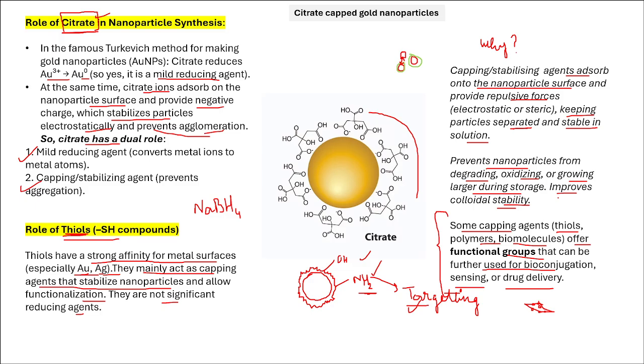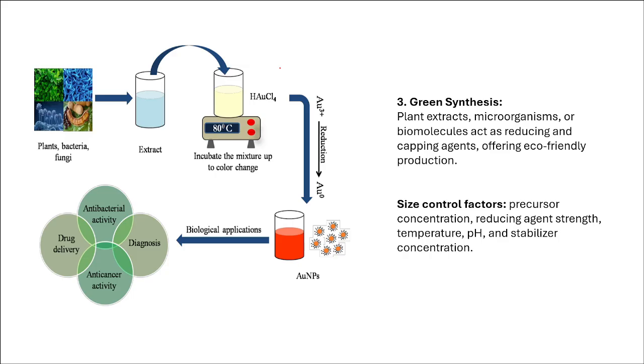So one thing that you need to keep in mind is sometimes these capping agents offer functional groups which can be used for further bioconjugation. You can tag something on these gold nanoparticles. Like in later sections we'll study surface plasmon resonance, and how gold nanoparticles contribute to LSPR. It has the LSPR property, localized surface plasmon resonance, which is used for Raman spectrometry. Then surface plasmon resonance is a lot of times used in the kits that are being made for detection. So we'll also study that.